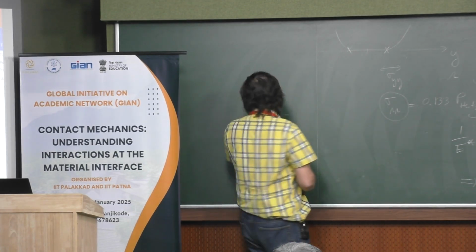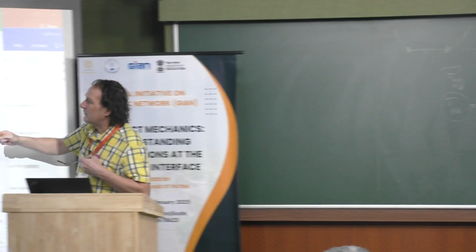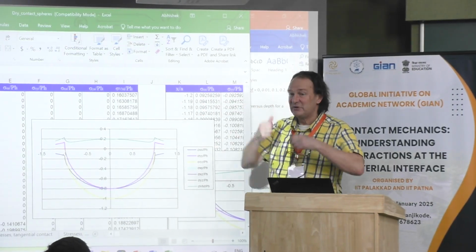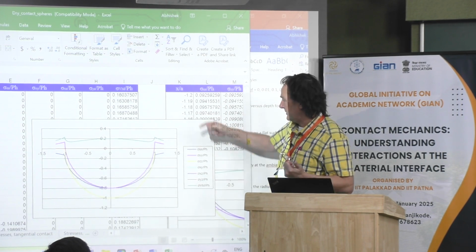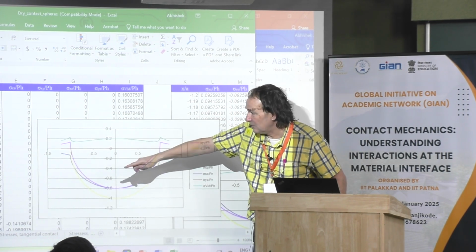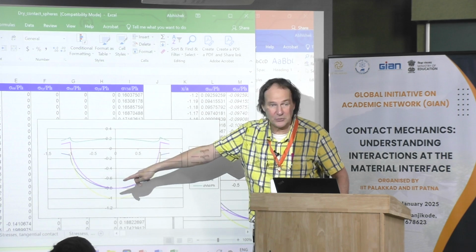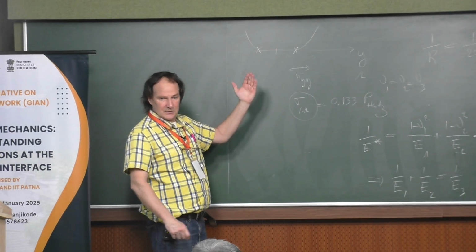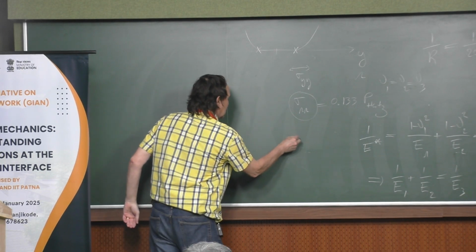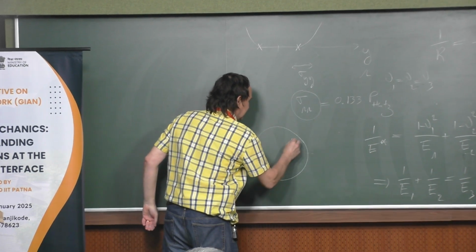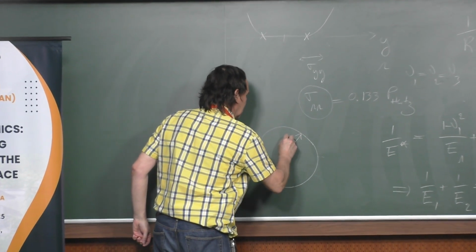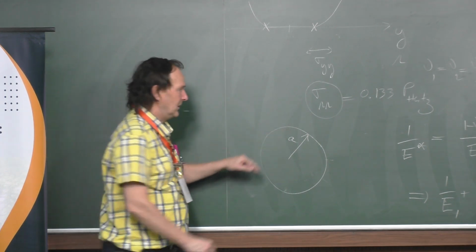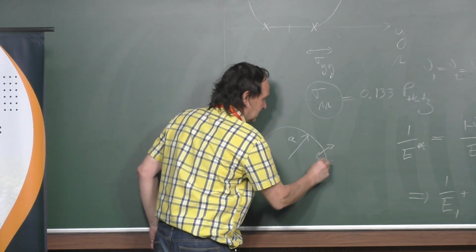Okay, and when this is higher than 1, it means that this is outside the contact, and when it is smaller, then you can see the maximum is just at the border of the contact. And if you take a top view of that, this is the contact radius, a, and the maximum stress is just at the border. And it's like that.